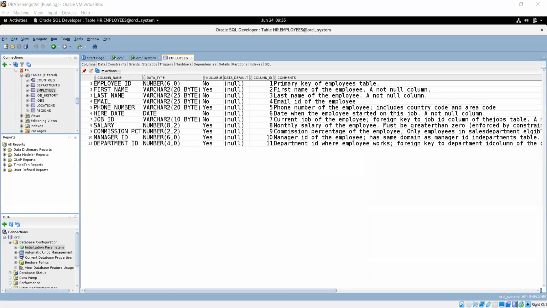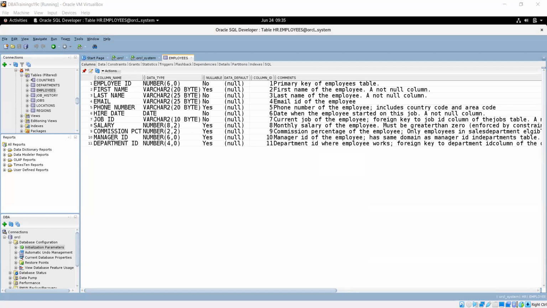So what it is doing? It will give you the detailed information about the table, and all the columns will be displayed.